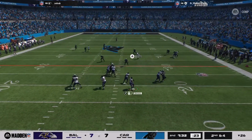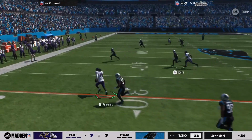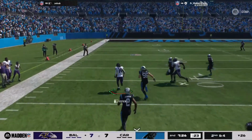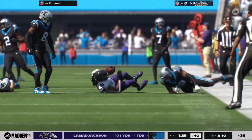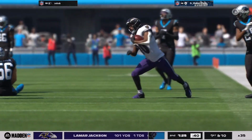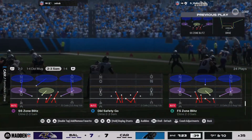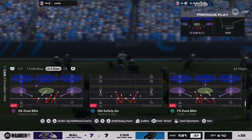Throwing, Jackson. Left side, into the hands of Hopkins. Come on. We gotta slow down a little bit. Not good. That's not good. Just drags in the...